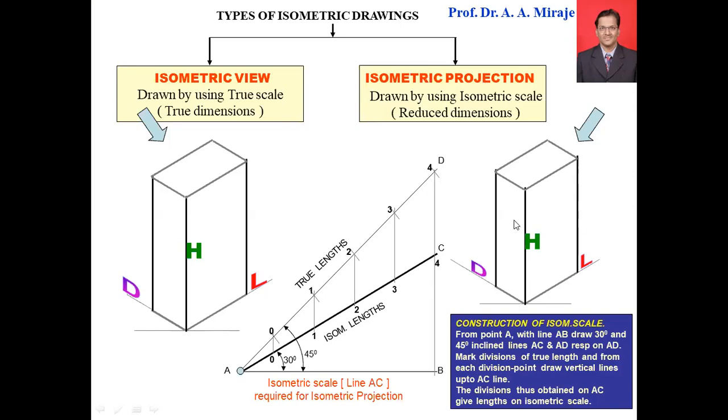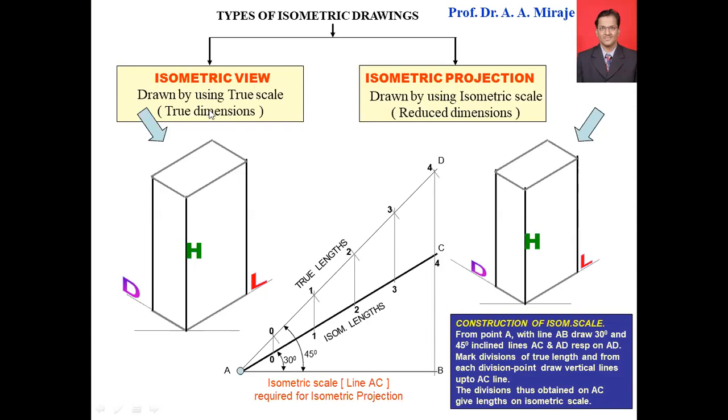And you can have the facility to take actual length also. So this h is 100, while this h is 80. जे reduce करून घेतलं तर त्याला isometric projection म्हणतात. So if the drawing is drawn by using isometric scale, which is reduced in dimension by 80%, then it is known as the isometric projection. आणि जे लेंथ आहे त्या तुम्ही तशा पण घेऊ शकता. तुम्हाला 50 दिलं तर 50 घेऊ शकता, 70 दिलं तर 70 घेऊ शकता. So if you take the true dimension, then whatever the diagram is drawn, that is known as the isometric view.